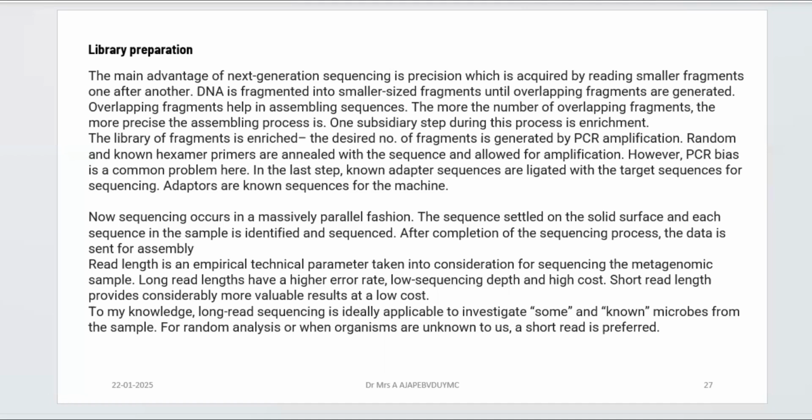So there also you have a single fragment or single sequence, amplified copies of that, and then many such fragments at a time, or many such genomes at a time, can be sequenced when you talk about NGS systems. So a massively parallel fashion, that is what I mean to say. It is a common word that is used, massively and parallel at the same time, and massive multiple numbers.